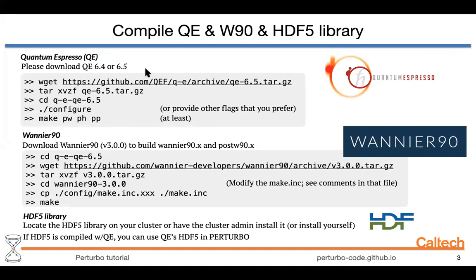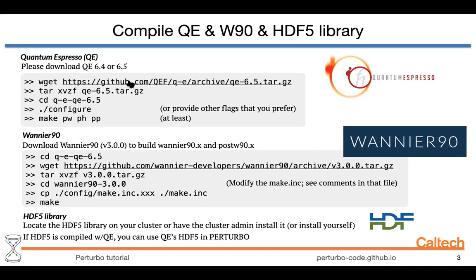Currently Perturbo supports Quantum Espresso versions 6.4 and 6.5. And here we provide a link to get Quantum Espresso version 6.5. If this link doesn't work, then you can go to the Quantum Espresso website to download the source code or the Quantum Espresso GitHub